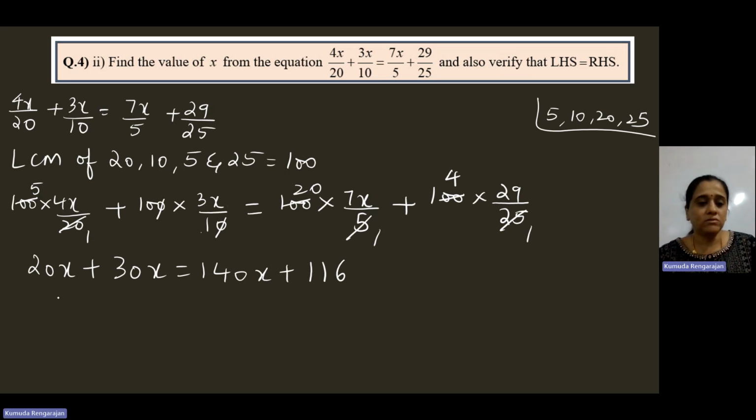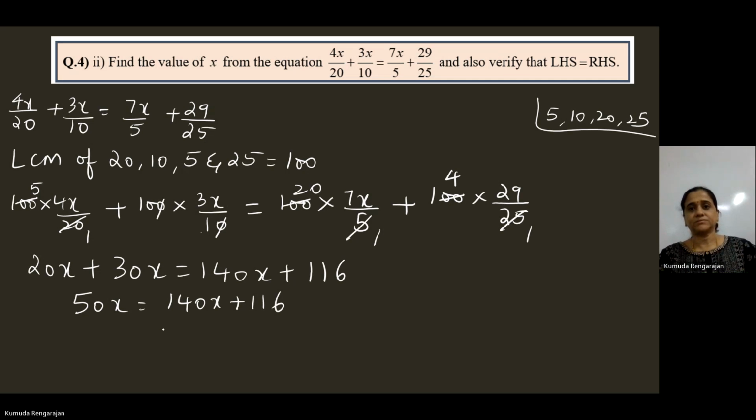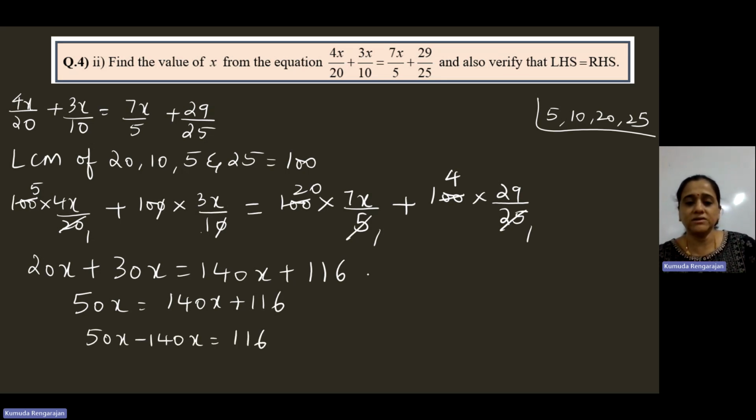Okay, so now this is 50x is equal to 140x plus 116. What's the next step? Tell me. 50x minus 140x is equal to 116. Correct? Then minus